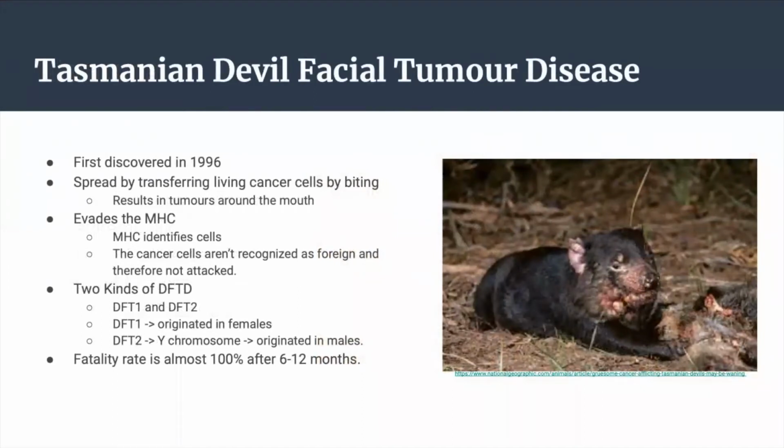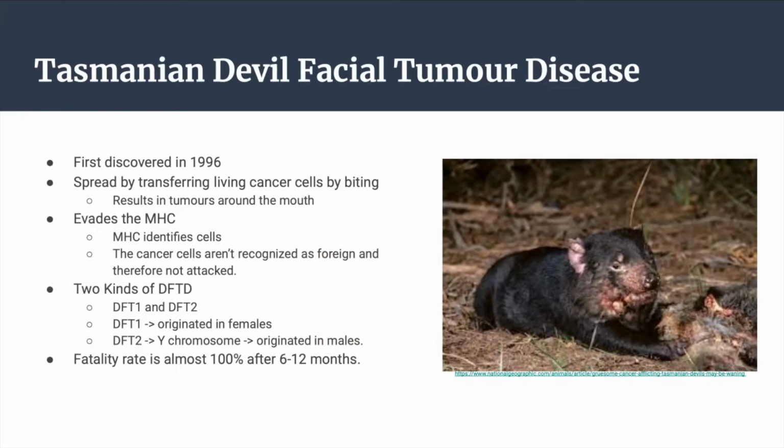Despite Tasmanian devil facial tumor disease, DFTD, only being first observed in 1996, the epidemic has skyrocketed and become a serious threat to the Tasmanian devil population, threatening the population with extinction. The disease is spread by transporting living cancer cells from one Tasmanian devil, typically through biting. This means that the tumors grow in and around the mouths of Tasmanian devils, which comes with its own set